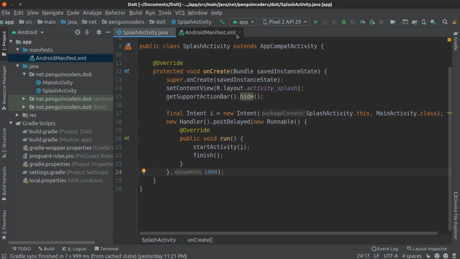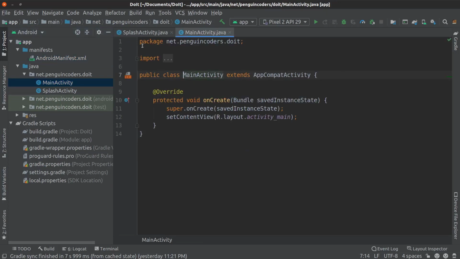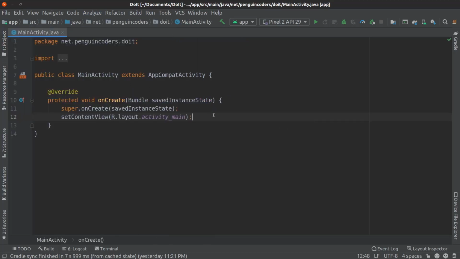After this we will continue implementing our main activity. Open the main activity file here. For the main activity, let me define some variables which I will be using for the recycler view.